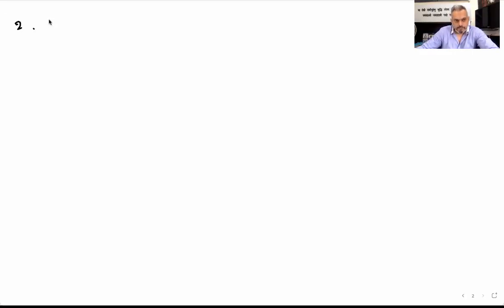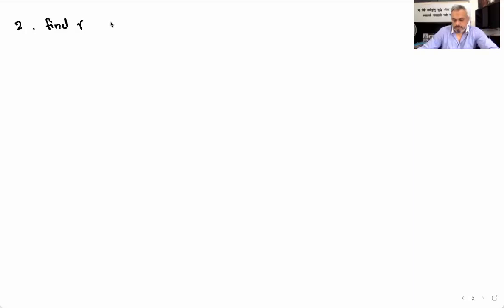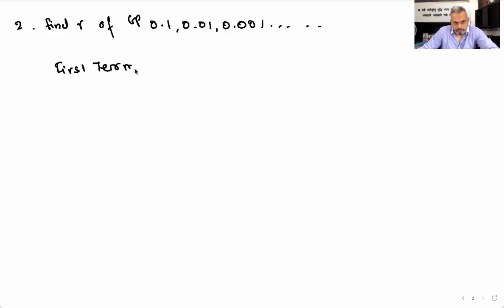Now, second one is very simple. Find the common ratio. So find R, for GP 0.1, 0.01, 0.001, and so on and so forth. So now first term A is equal to 0.1, common ratio